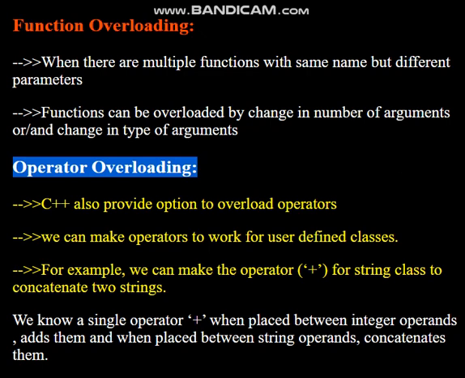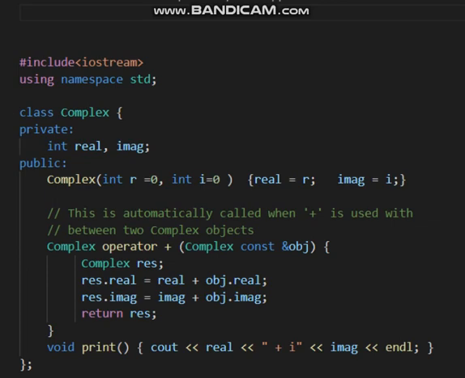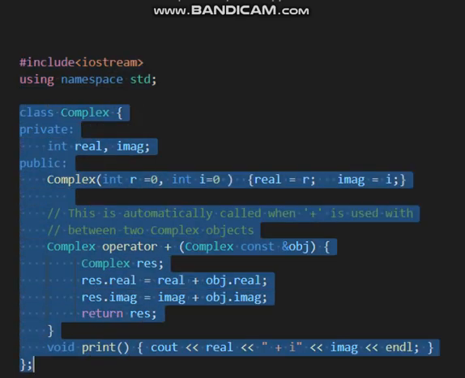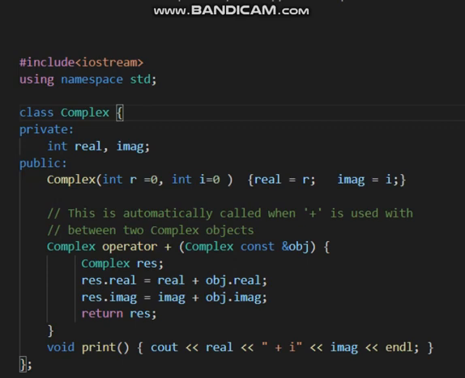I will show you using Visual Studio Code. I have already written the required libraries and the class, which is Complex. It means we can add two complex numbers or vectors directly.